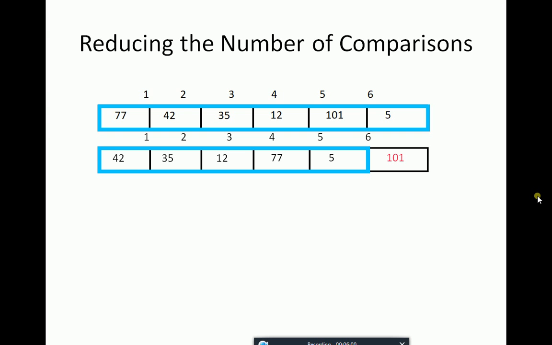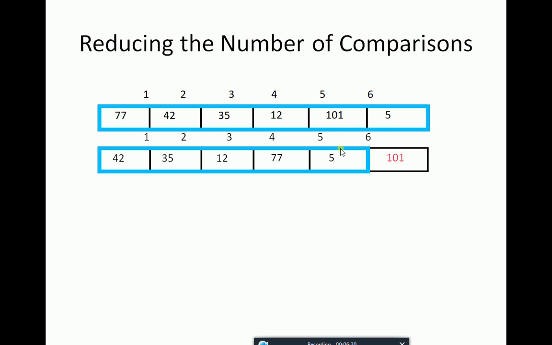In each pass, the number of comparisons will be reduced by 1. Like in pass 1, how many comparisons do we need to perform? For the first pair, one comparison; for the second pair, second comparison; for the third pair, third comparison; for the fourth pair, fourth comparison; for the fifth pair, fifth comparison.